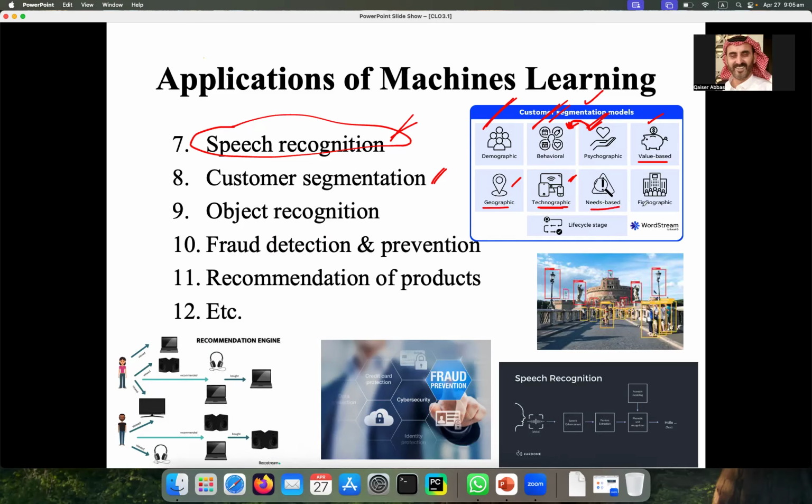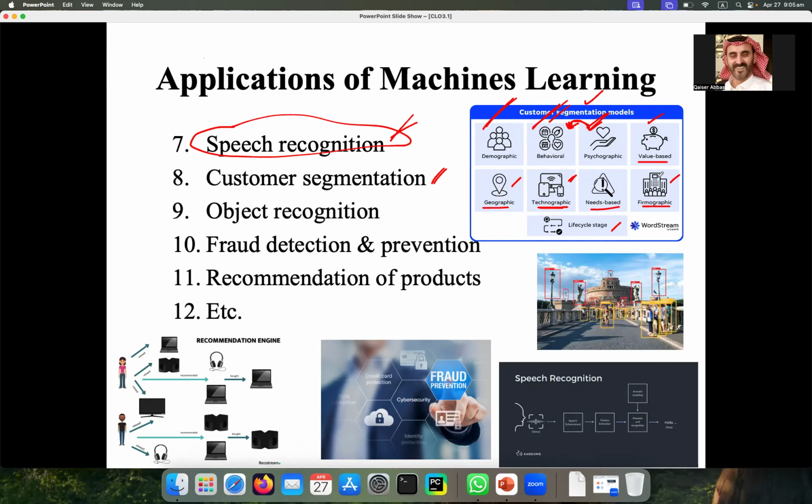Need based: customers who are not buying too much, only need-based products. Firmographics is related to firms or organizations, and lifestyle stage. You can see the definitions of these different customer segmentations on the internet. Just search and you will find them there.